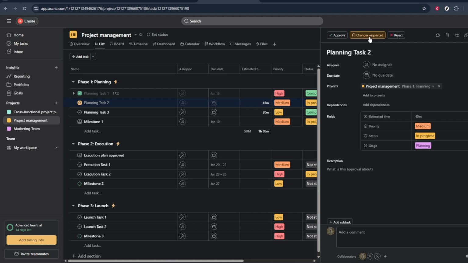Once it's submitted, the task status will update to reflect that changes have been requested, and the assignee will be notified inside Asana. They can then review your notes, make the necessary edits, and resubmit the task for approval. That's all there is to it. Click into the task you want to review, choose request